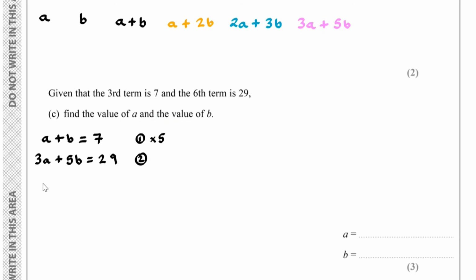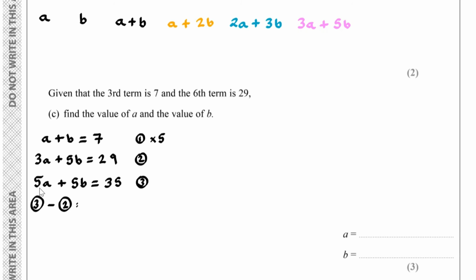And if I do that, I would have 5A plus 5B equals 35. We'll call this equation 3. And now, if I do equation 3, subtract equation 2,